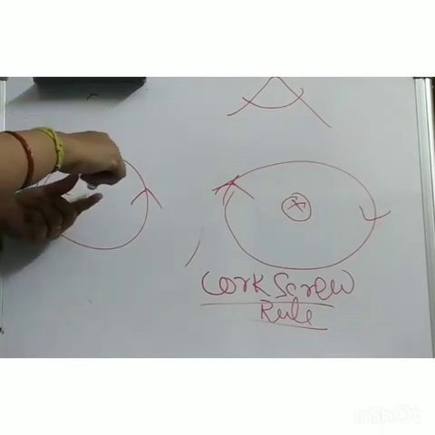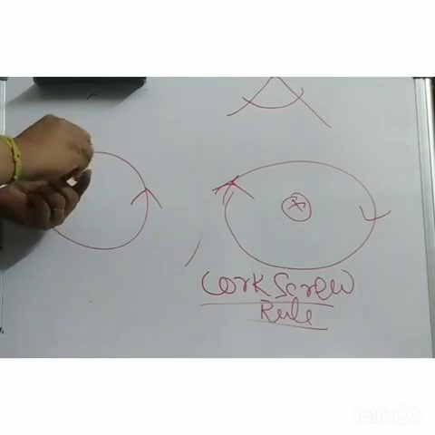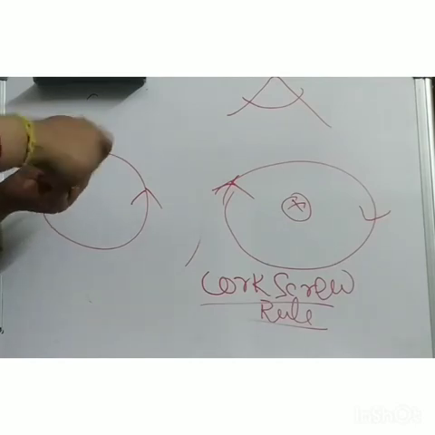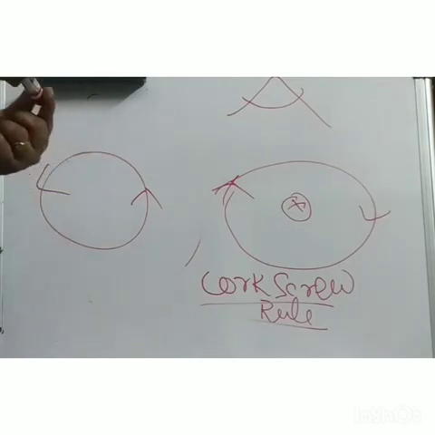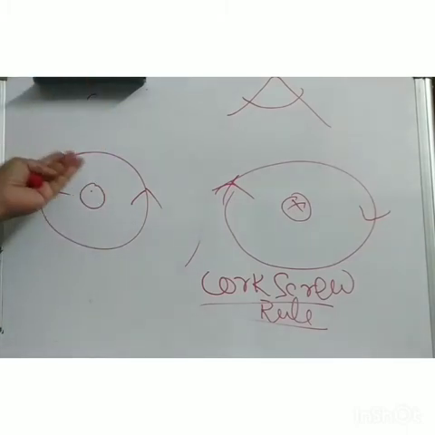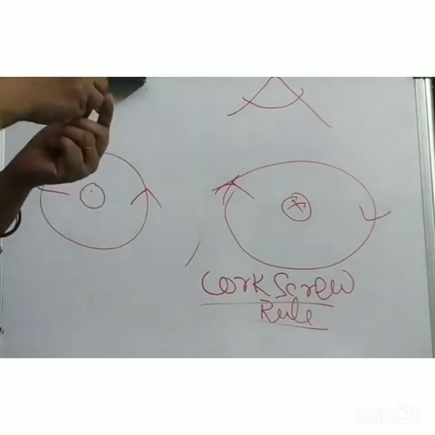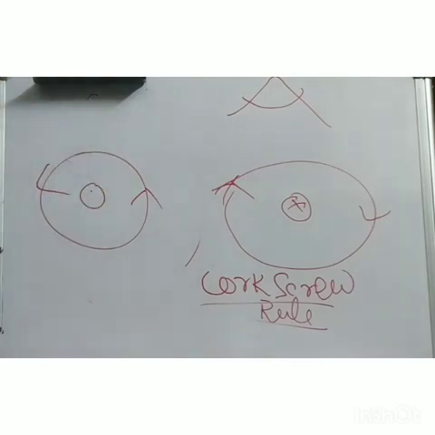Keep the screw at the center of the loop. Now remove the screw from that. So what will happen? Your hand is moving in anti-clockwise direction and your screw is coming out. So this is your coming out. Your magnetic field is coming out. So how your screw is moving, either inside or outside, as per that you will get the direction of the magnetic field.